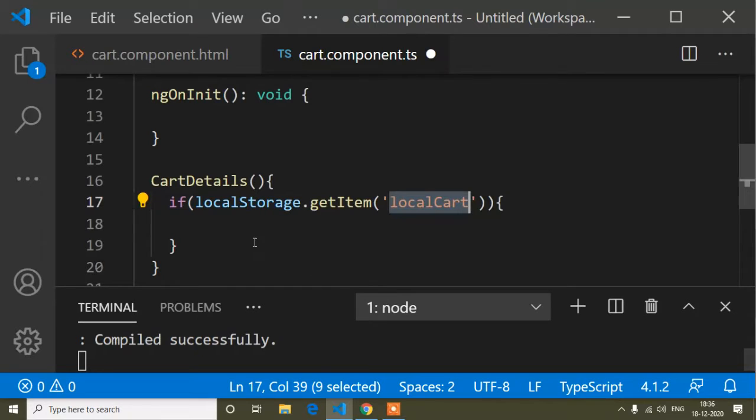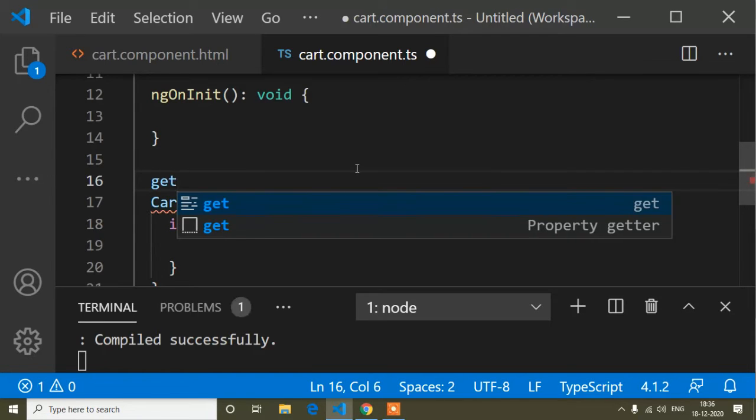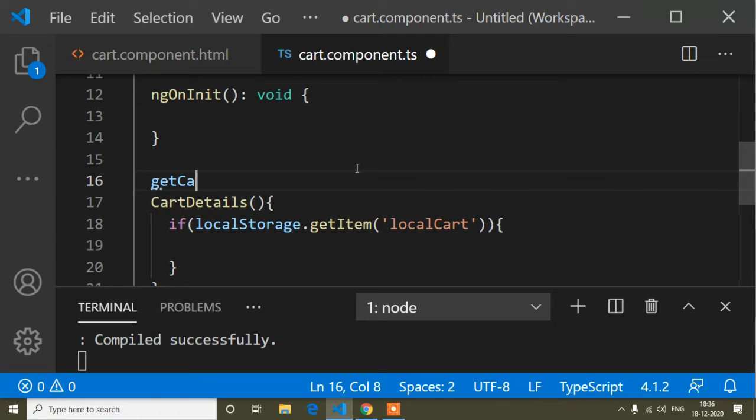So now I will write a condition. First of all, I will write a variable outside this function: getCartDetails. You can write the variable name as per your choice. And now the type is any.